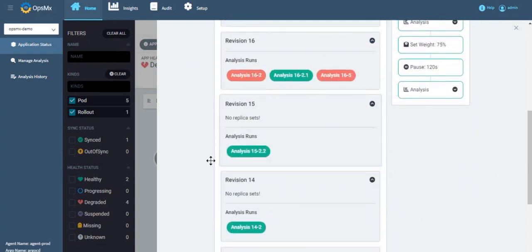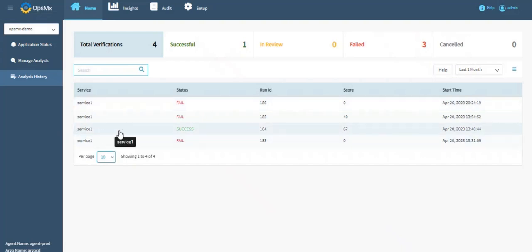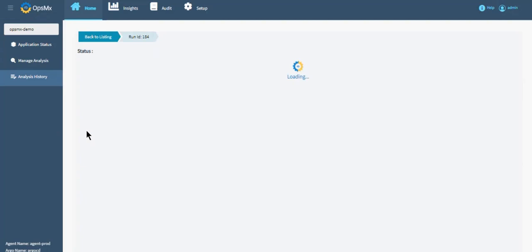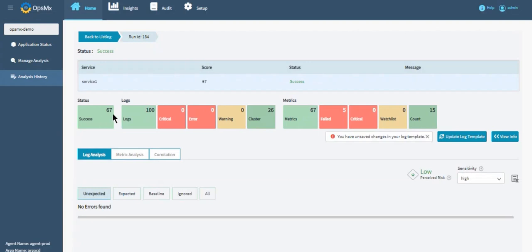Now, let me open one of the existing release verifications done by OpsMx ISD for Argo. So let me select the date for 1 month and select an existing analysis. All right, so this analysis provides a confidence score of 67 out of 100 to represent the success or failure after each verification. The higher the score, the better the confidence. Here the score is 67 and we have set the score as 50 to pass the analysis and let the deployment move ahead. So every time there is an analysis phase in the Argo Rollout step, ISD for Argo